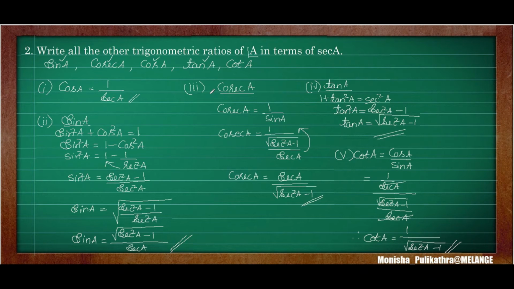So this is how to find the formula derivation for all the trigonometric ratios in terms of secant A. Every formula should contain secant A here. Cos A is equal to 1 by secant A. Sin A derivation also comes in the form of secant A. Cosecant A comes in the form of secant A, and so do tan A and cot A. So this is the way of doing the trigonometric ratios in terms of secant A. If they ask you for all the trigonometric ratios in terms of any other ratio, like tan A, the same method you have to follow, but in the formula, instead of secant A, it has to be tan A or cos A or cosecant A.